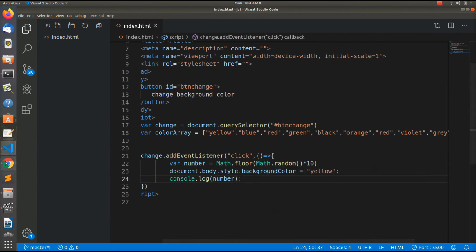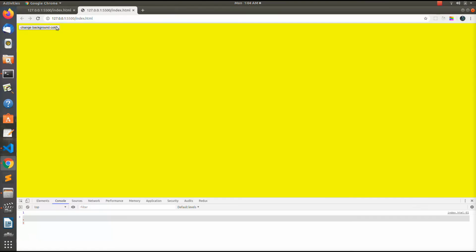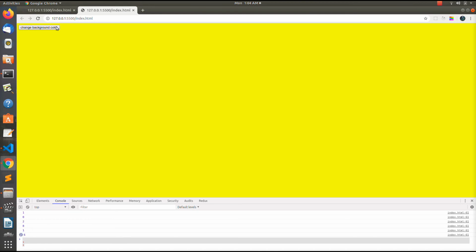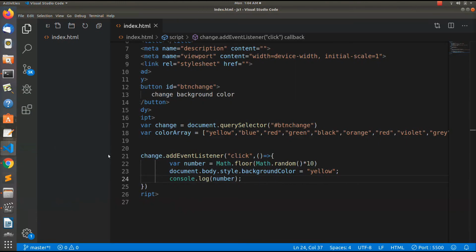Let's save this, and on clicking on the button I get this number 1. Let's see another number that we get: 0, 2, 8, 1, 6, 6 and all those numbers. But one thing to notice here is that we are getting numbers from 0 to 9, because